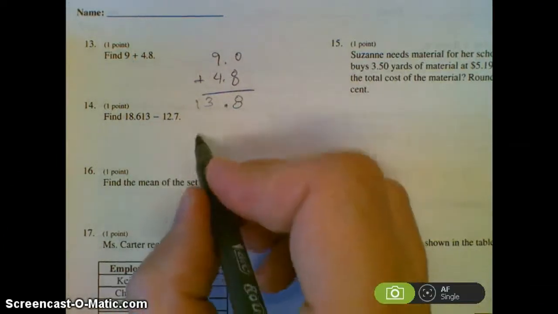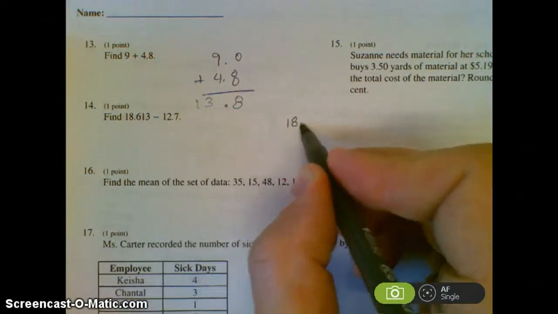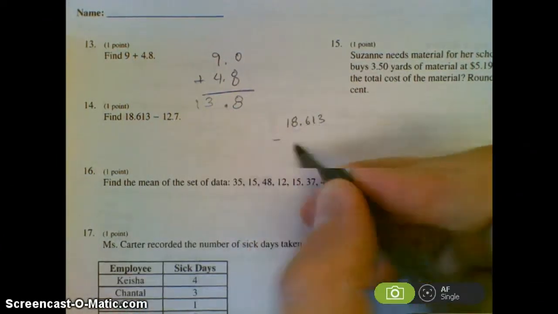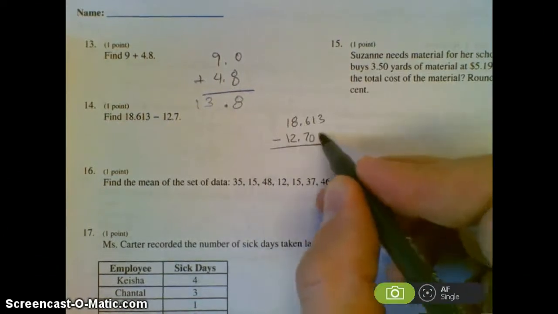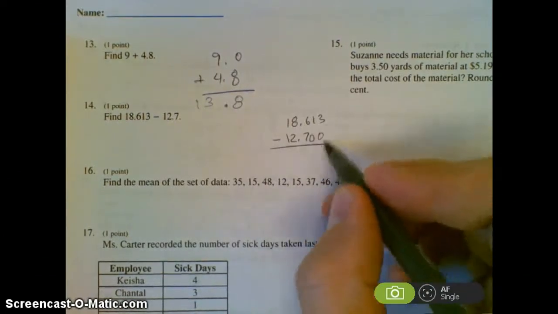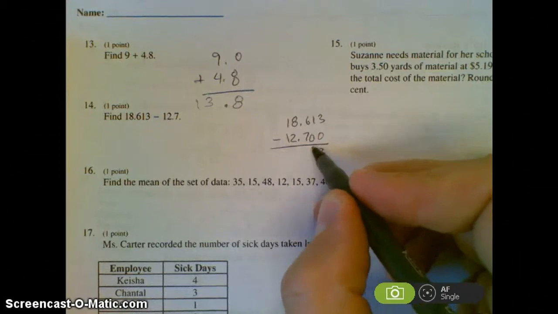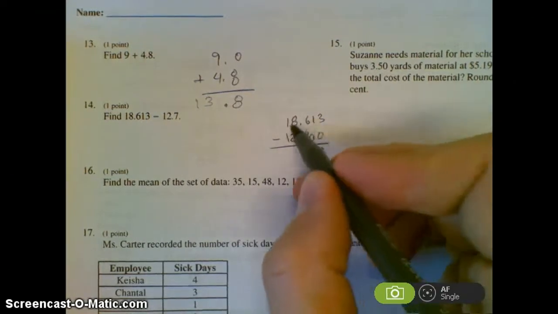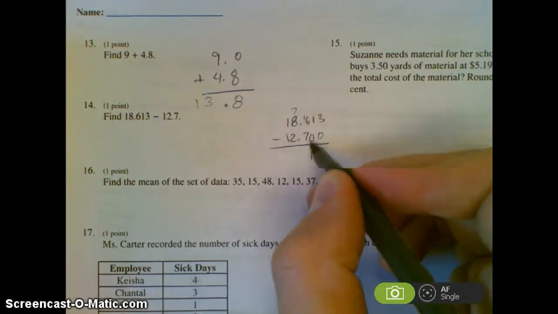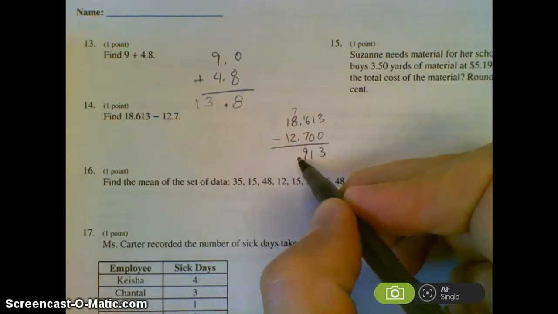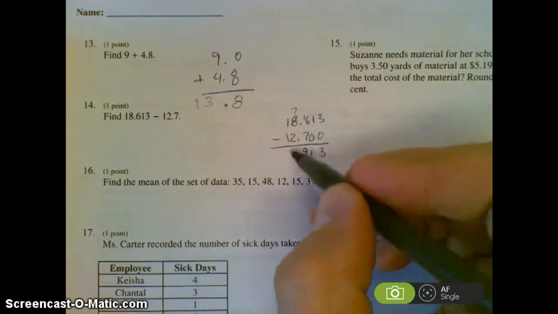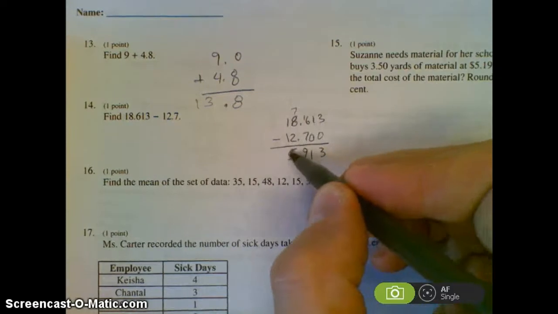There we are subtracting. I've got to make sure these decimal points line up. 18.613 minus 12.7. And I can annex zeros if I want to on that one, but 3 minus 0 is 3. 1 minus 0 is 1. I've got to borrow here, make this into a 7. 16 minus 7 is 9. Decimal point, they line up, so it comes down. 7 minus 2 is 5, and 1 minus 1 is 0. So my answer is